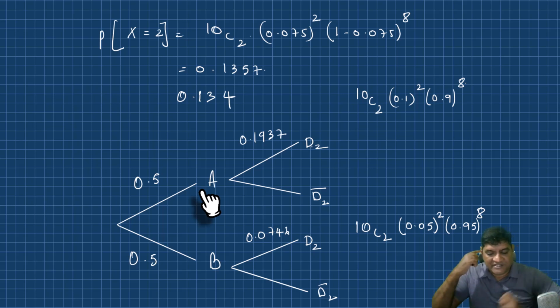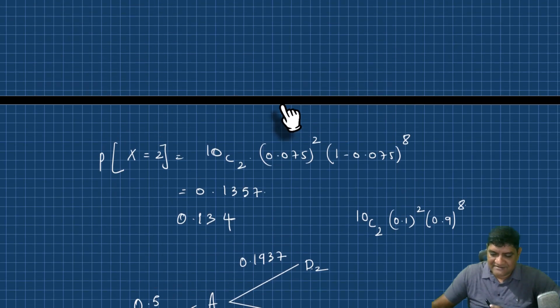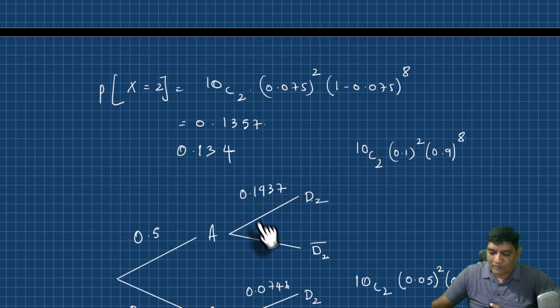Right. Now the question is, which method logically is correct? Because both of them give me almost the same answer. There's a 0.01 value change. The logical method will be the second method. Though the first method is making sense and giving me approximately the same value, I would go with the second one. The reason being,